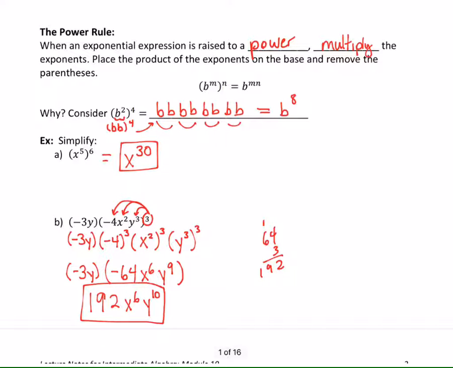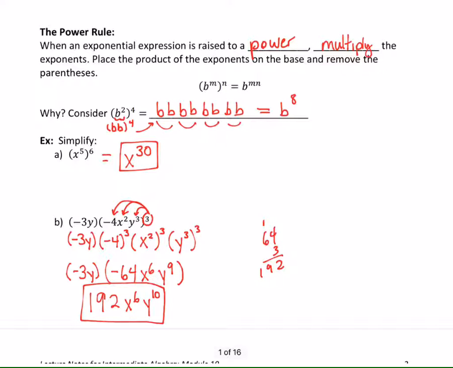Does it matter what order you put it in? It doesn't mathematically matter. It's common practice, kind of convention, to do it alphabetically, so X then Y. But it's not wrong if you do Y to the 10th, X to the 6th. I don't think the online homework counts it wrong. I certainly won't on